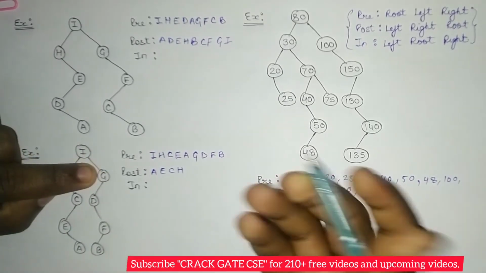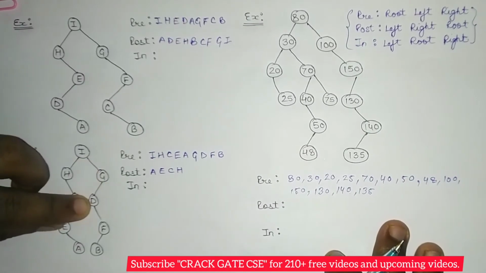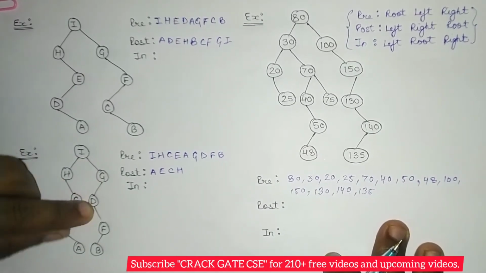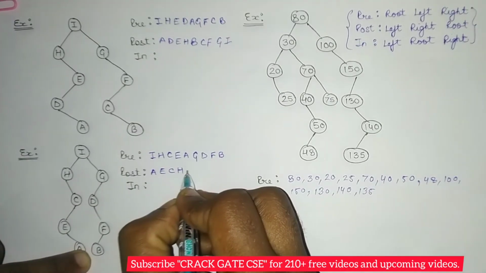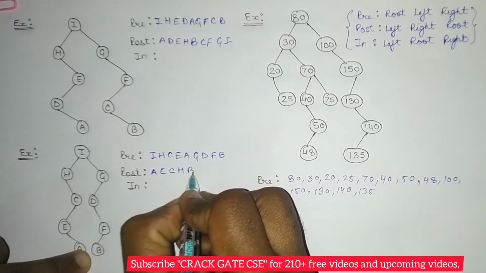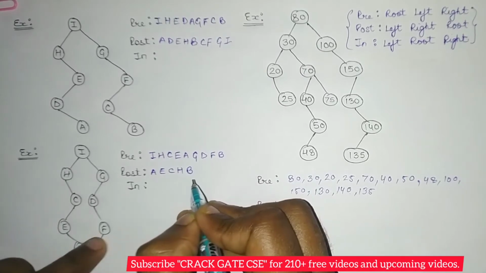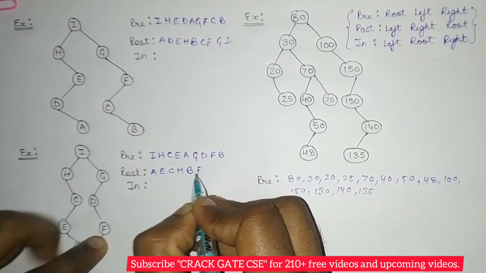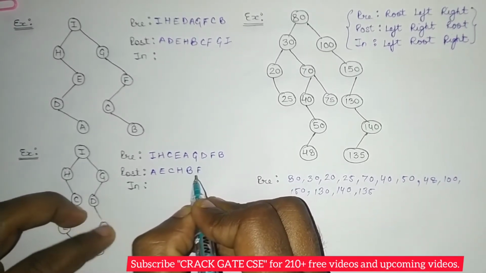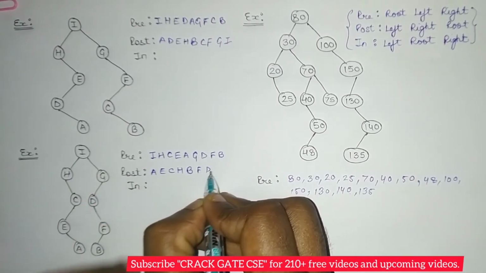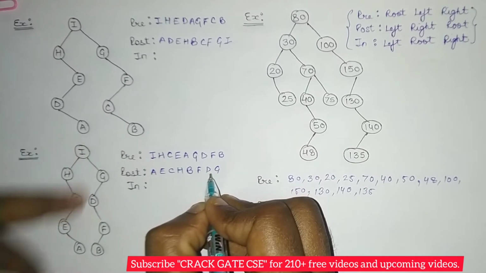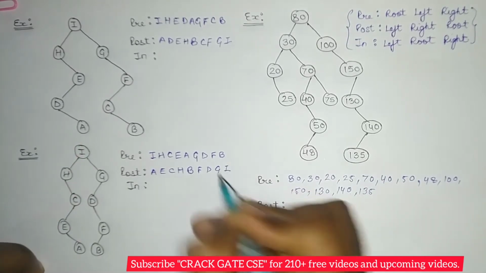So for right, came to G, then left is there, move to the left. If left is not there, move on to the right. So in the same way you can come up to the B, and once you came to the leaf node, start printing. So left is done, there is no right, print root, right? So for D, left is done, right is done, print D. So for G, left is done, there is no right, so print G. And for I, left is done, right is done, print root, that is I.